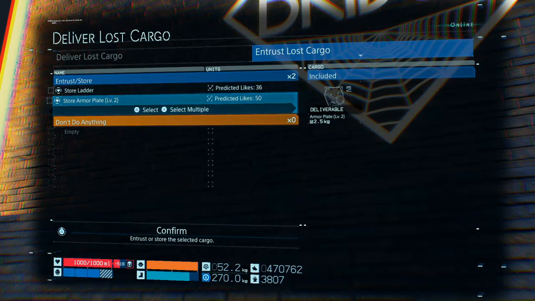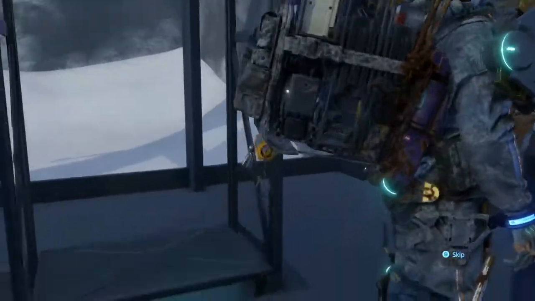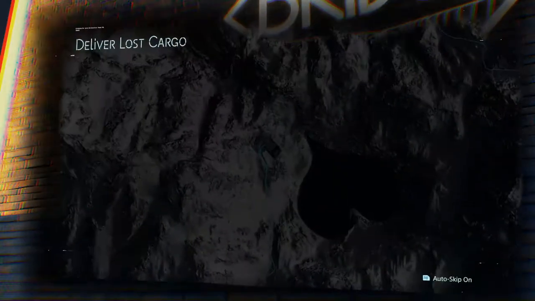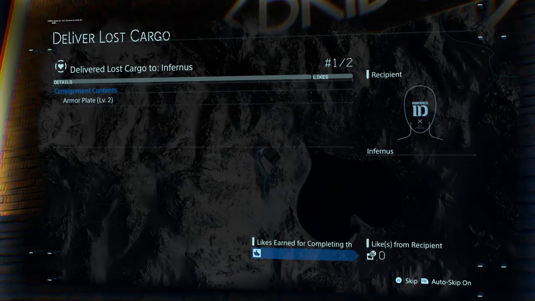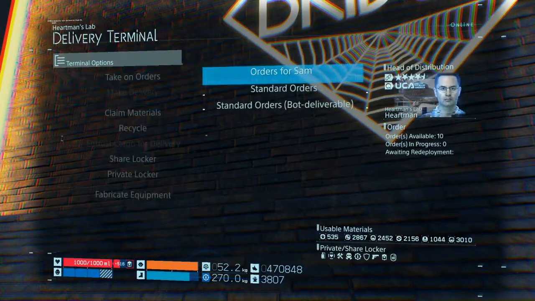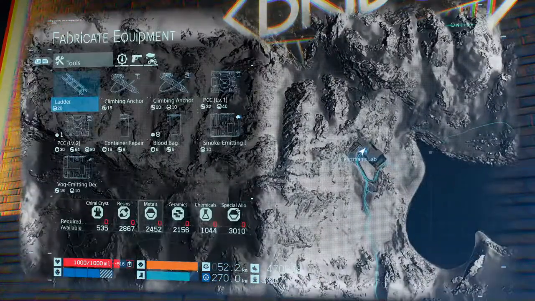Why would I store an armor plate 2? I don't have an armor plate 2. Did I pick them up somewhere? Oh! Okay. They were just around in the neighborhood. They just happened to be close enough to this terminal that it was treating them as if I dropped them near this terminal. But no, someone else did. Or something. Okay. Before we go out...